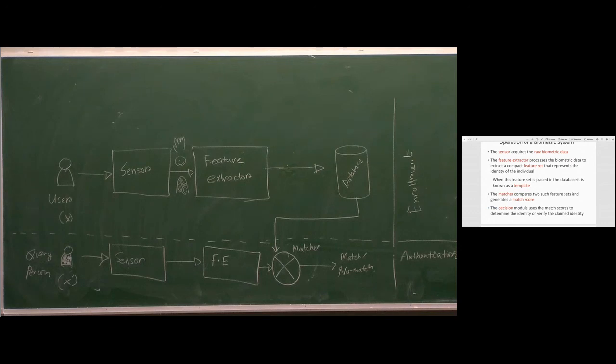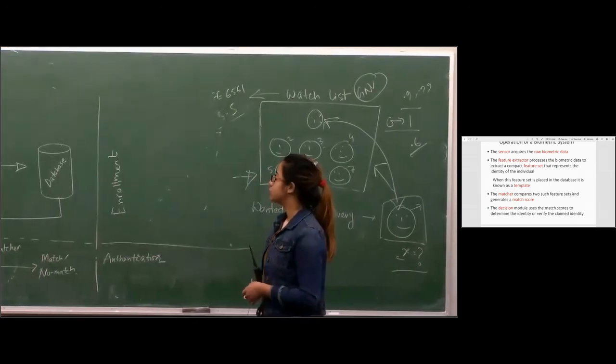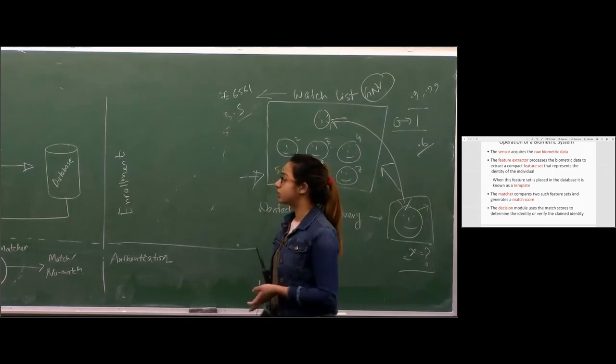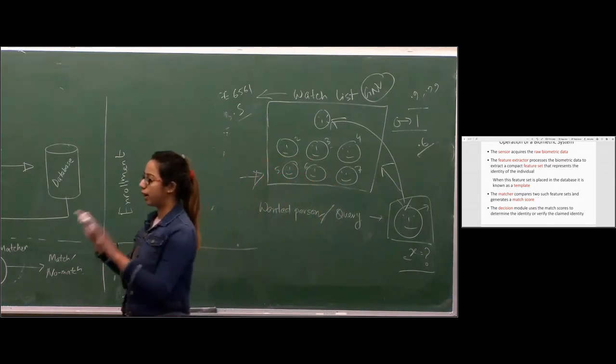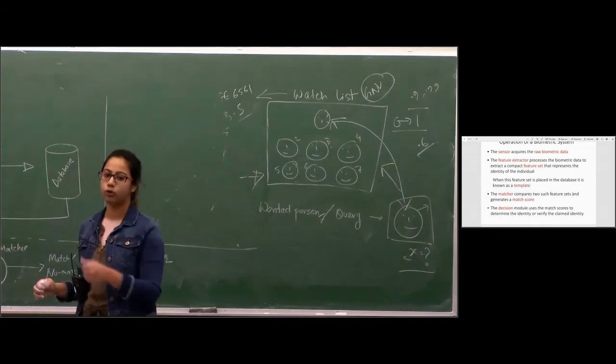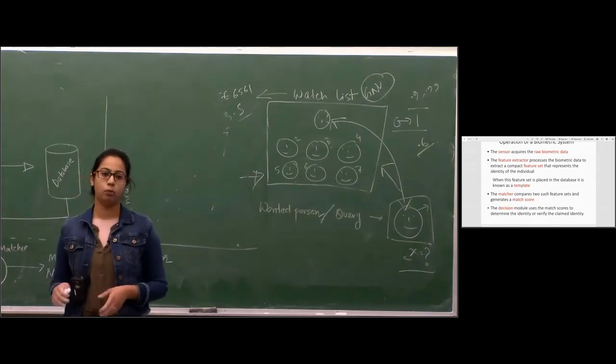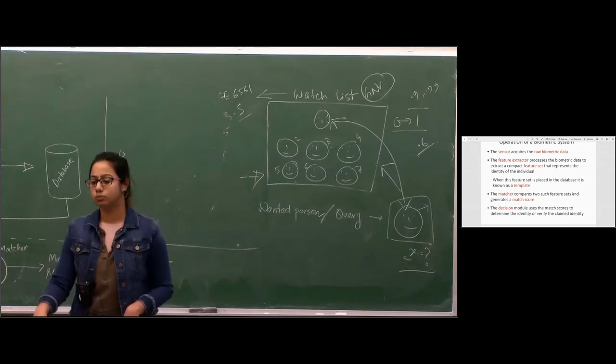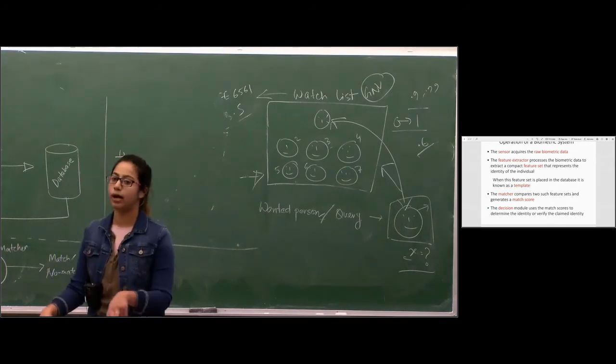So any biometric system has two major steps while doing the operation. First is enrollment and second is authentication. So what happens in the enrollment stage? Suppose you bought a new biometric device today for the first time, and you are going to use the device. Or just think of your mobile phone, that you just bought from the store. Now the mobile phone has to identify you as the user.